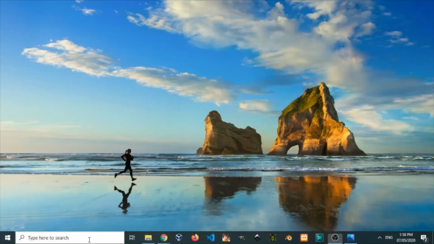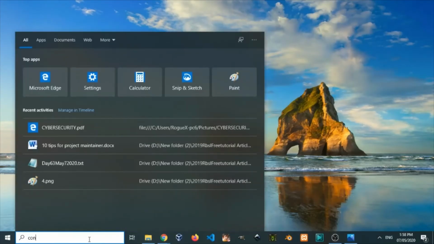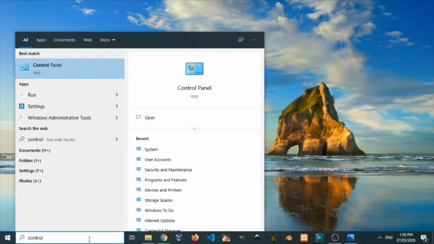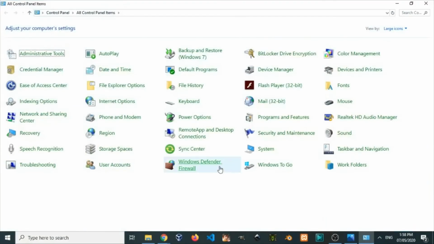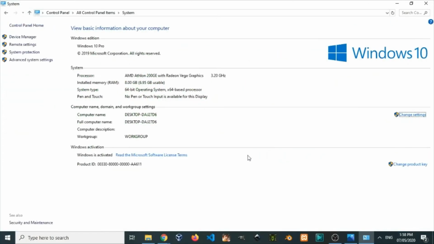Another way to go and check for your system type would be to type control panel inside of your search box, then look for the system option here. Click on that and you would see that it will open up the Windows dialog box for the